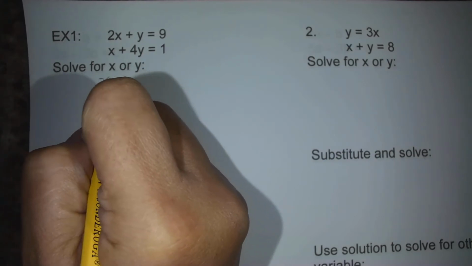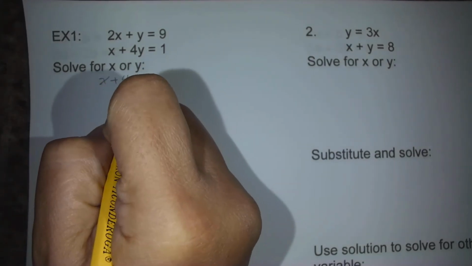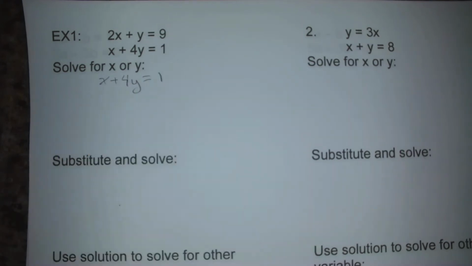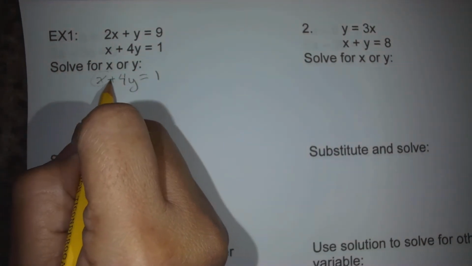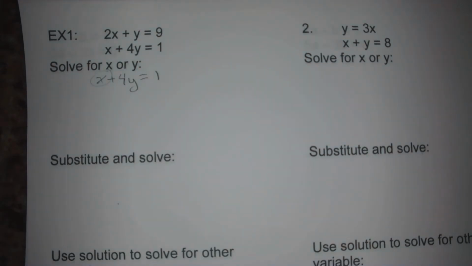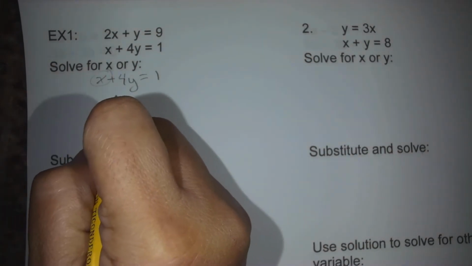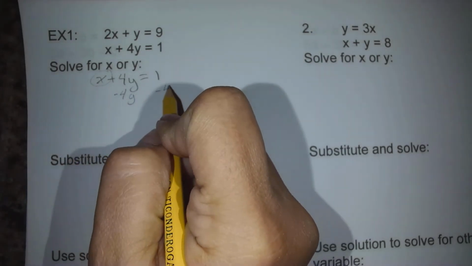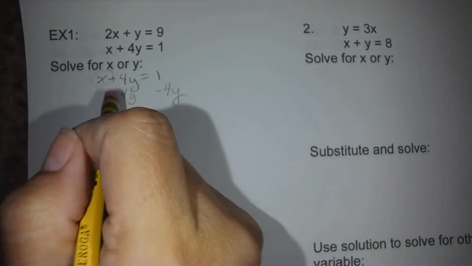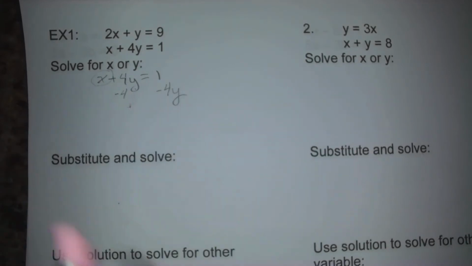So we're going to look at x plus 4y equals 1. Our goal is to isolate the variable x. So we want the x by itself. So we're going to subtract 4y, minus 4y. And again, I'm writing it aside over on the side of the 1